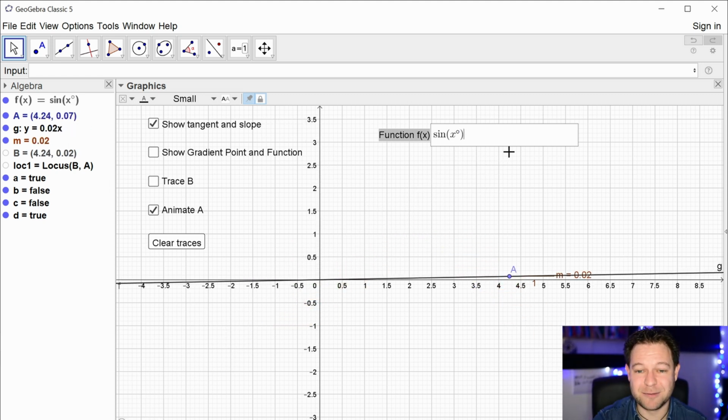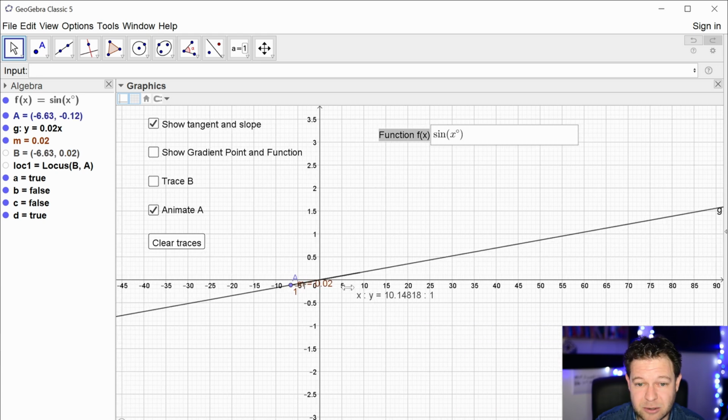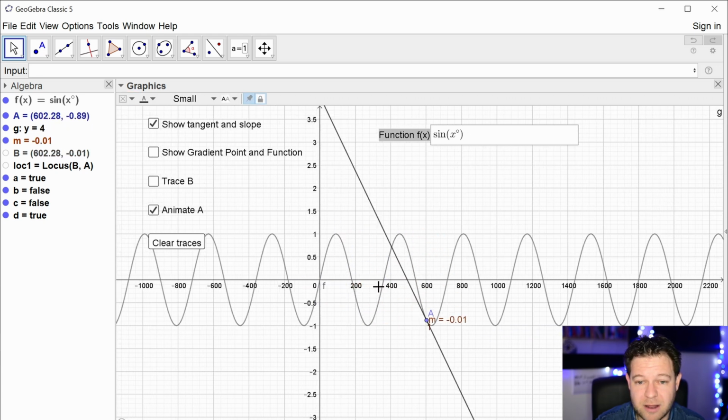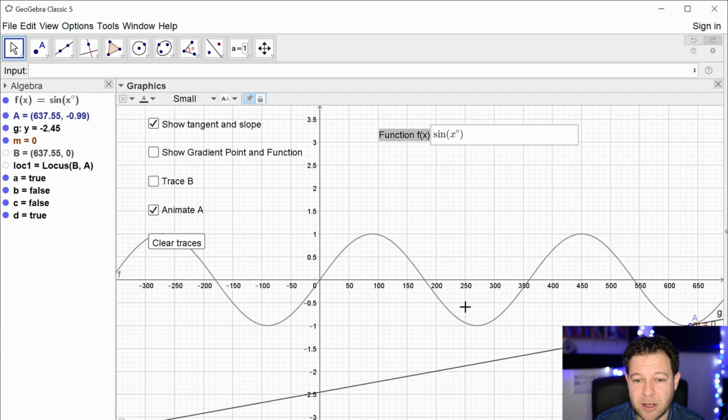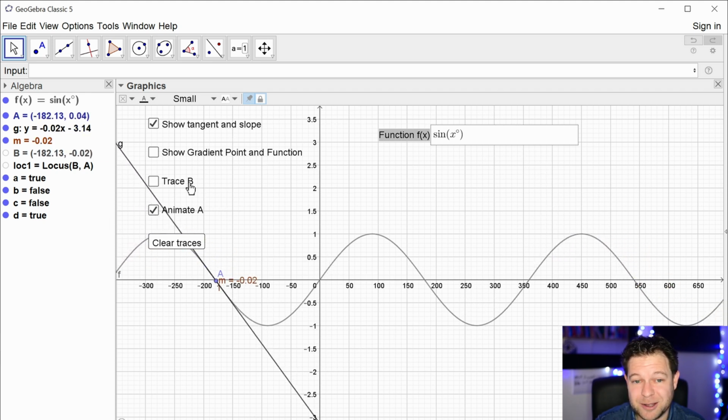It's quite neat. If I plot this, it looks horrendous, but that's because of my scale. So shift-drag on the scale, and this will start to look like a sine wave in degrees. Nice. Had a little glitch there. And there we go. That's in degrees now. But if I look at the gradient function,